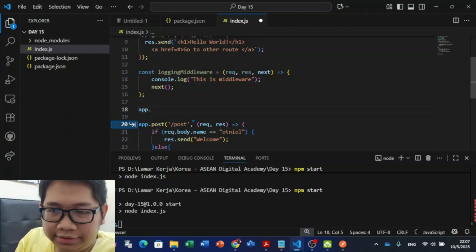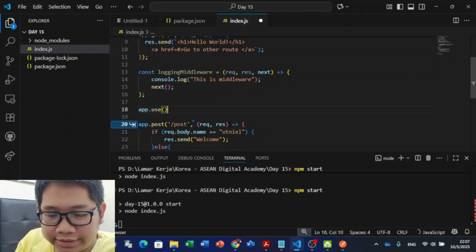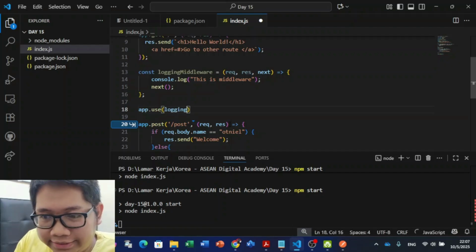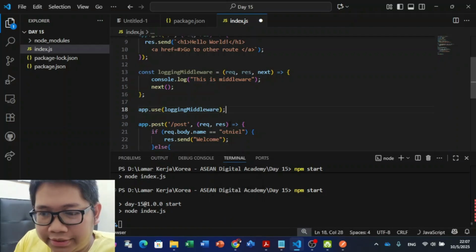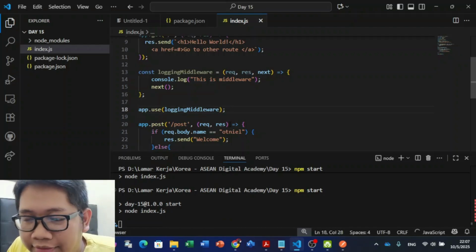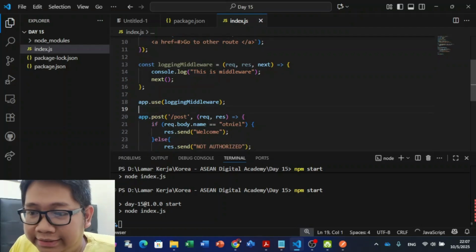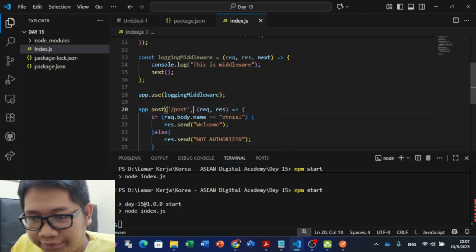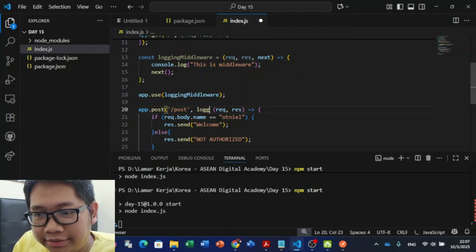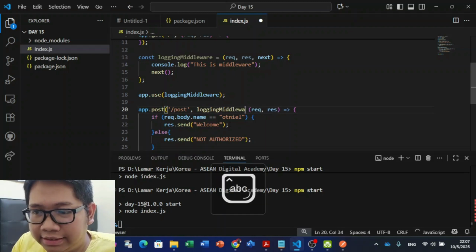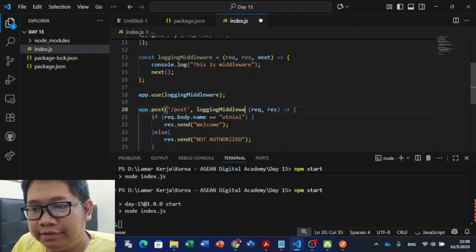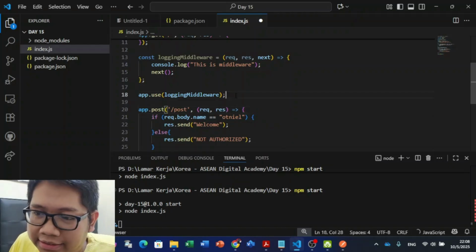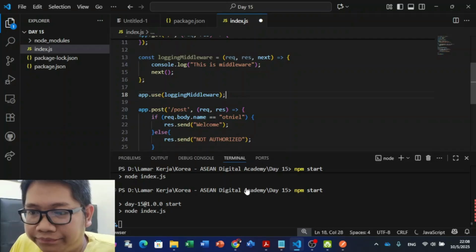For middleware, we can use app.use and then the name of the middleware function. If we use this, the middleware will always execute. But if we use the function name just like here, it will only execute on this route. So to make it easier, I can just use this here. Let's see.